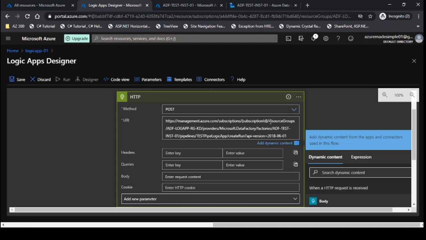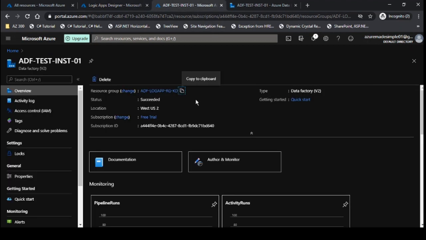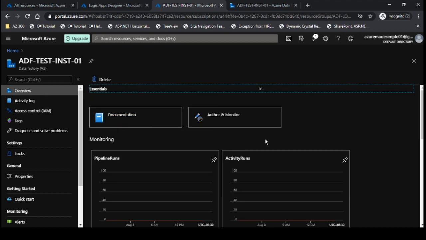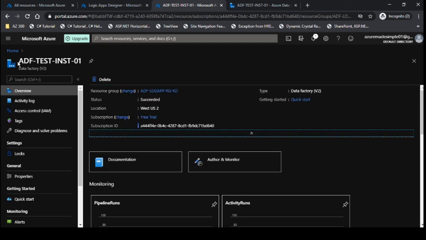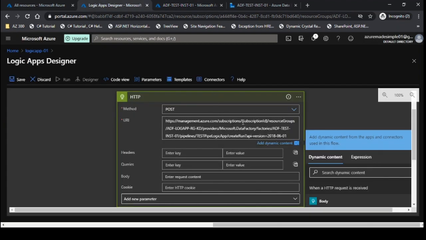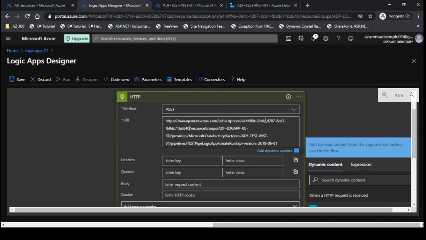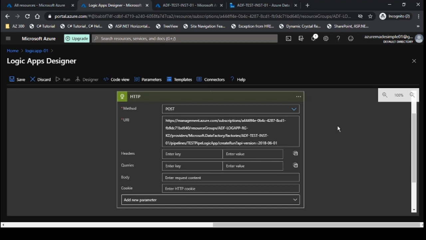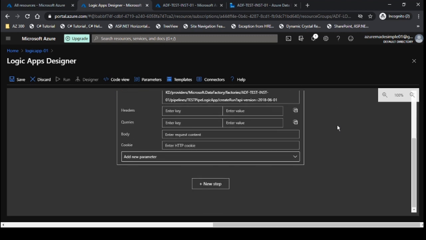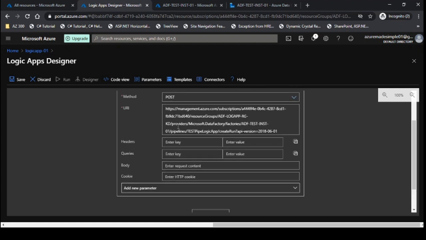Now the only thing that remains is the subscription ID. So you can find the subscription ID here, from the overview section of the Azure ADF instance. I'll copy it. I'll update the subscription ID as well. So now I think it works. Now you can leave the headers and query as they are, since we're not passing any parameters, and it's just initiation